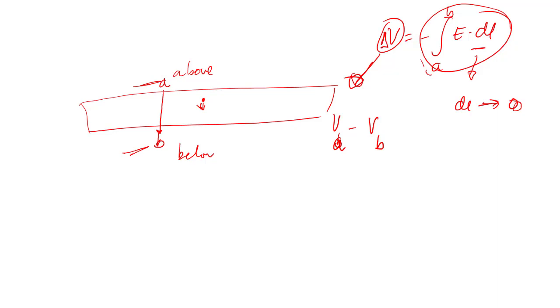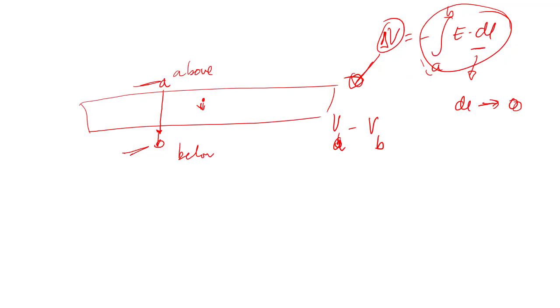So you need to bear that in mind. We're going from point A to point B, right? So there is a difference in potential. So there is an electric field because of that difference in the potential, right? So while going from A to B, the result is the difference between the potential of A and B. So that is zero. So VA is equal to VB. So the potential above is equal to the potential below,